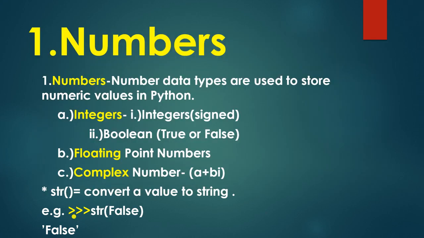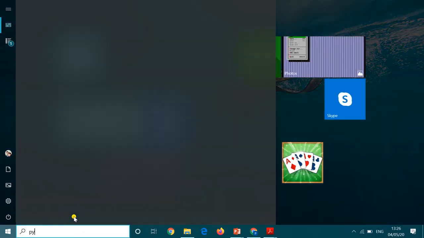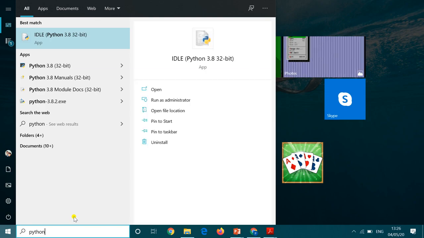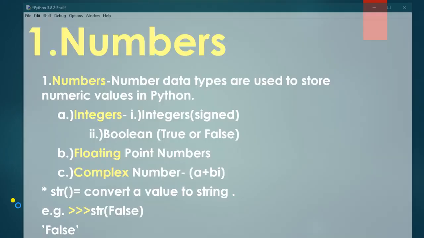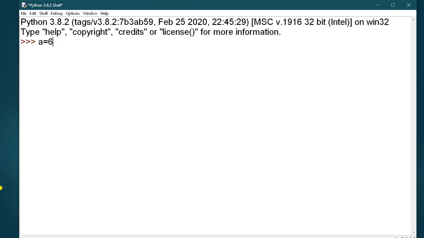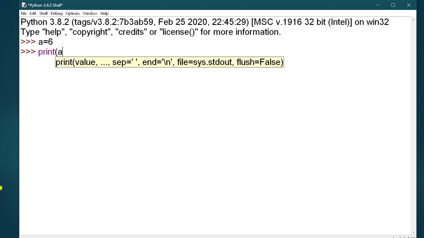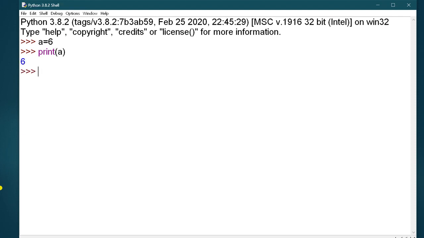I am just opening your Python IDLE. In this, if I write a value in a and then print a, it will give you the integer value and show the result 6.